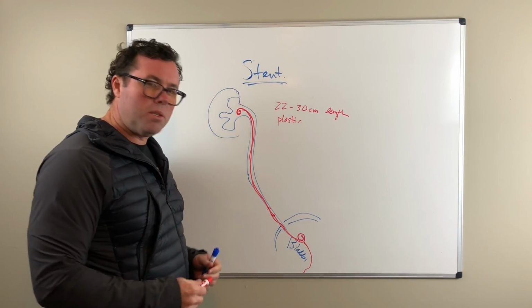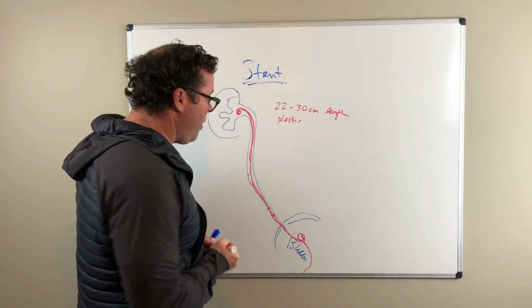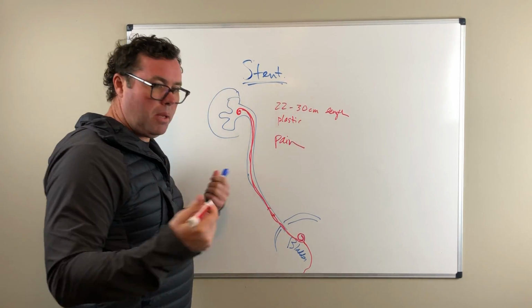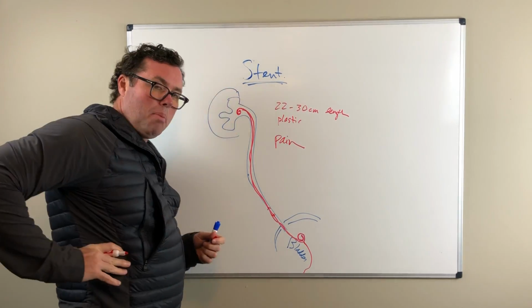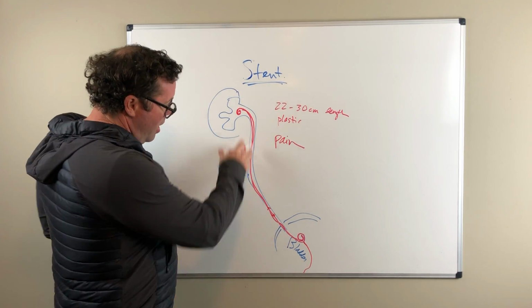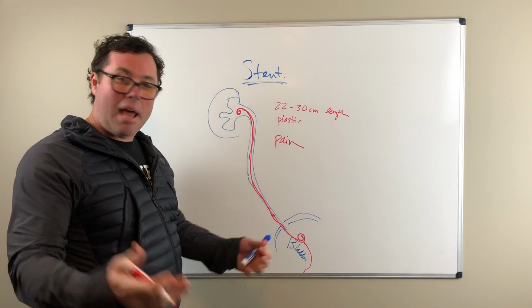It's important to know with stents that they can cause pain and discomfort. So pain can often be like a stone. So it can cause flank pain or side discomfort. It can cause pain in the side or the abdomen. It also can cause bladder spasms